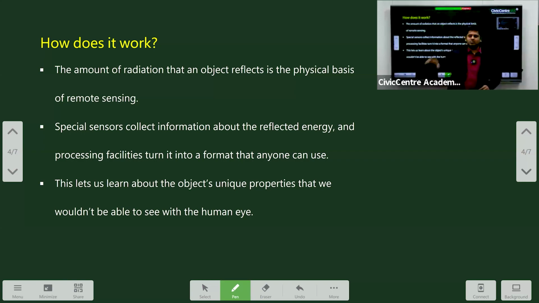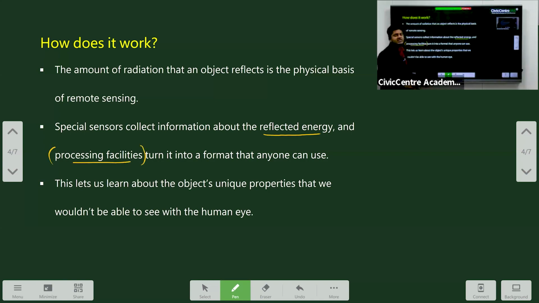For example, object A is going to reflect some amount of light, and object B is going to reflect a different amount of light, right? So special sensors collect information about this reflected energy. We have special sensors which collect information about this energy, and we have processing facilities which will turn this data into a format which is very easy for us to understand or use,